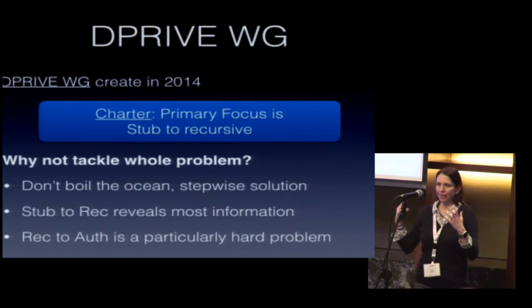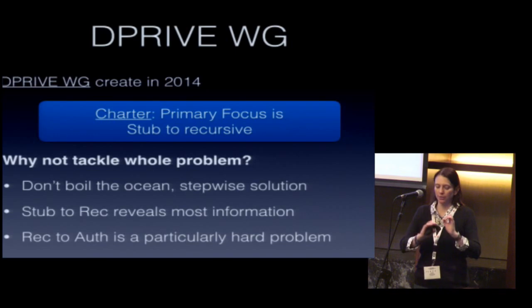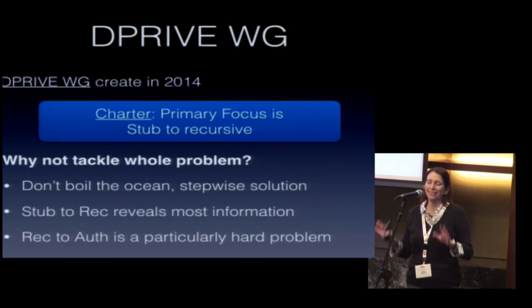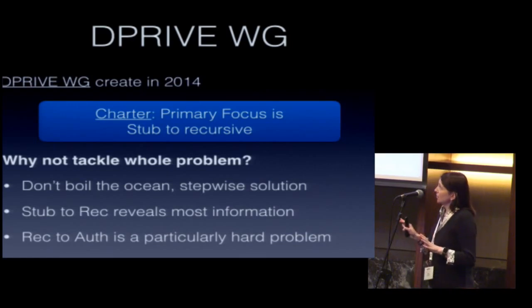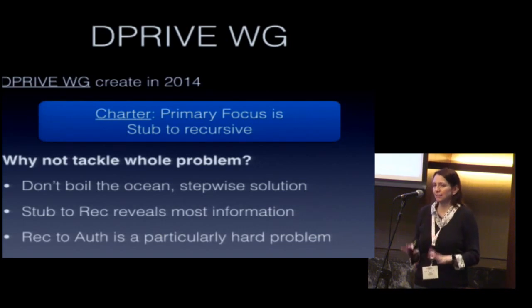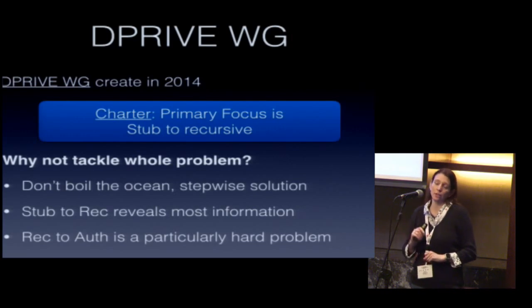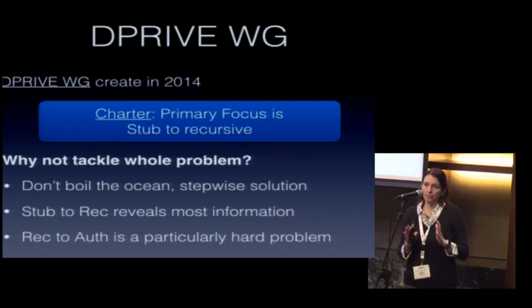You're talking about taking the DNS, which has been a bedrock of the internet for 30-some years and worked in largely the same way for all those 30-some years, and what you have to magically do is sprinkle it with a layer of privacy with minimal impact and try not to disrupt the internet while you do it. So, where do you start? Well, this was a big problem, and what the working group decided in its initial charter was to focus solely on the stub to recursive step of this.